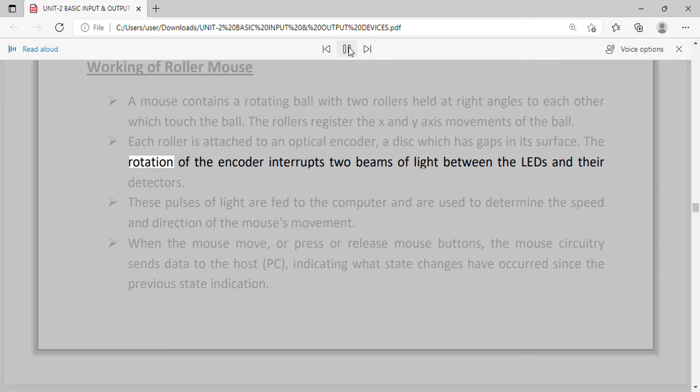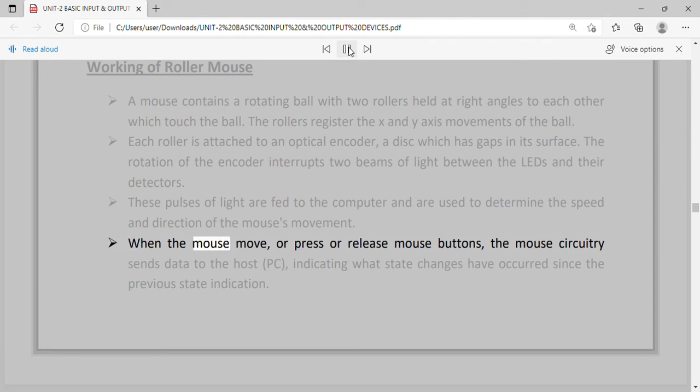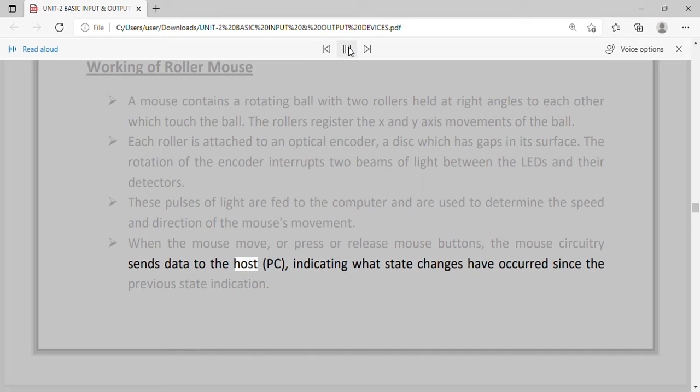The rotation of the encoder interrupts two beams of light between the LEDs and their detectors. These pulses of light are fed to the computer and are used to determine the speed and direction of the mouse's movement. When the mouse moves or you press or release mouse buttons, the mouse circuitry sends data to the host PC, indicating what state changes have occurred since the previous state indication.